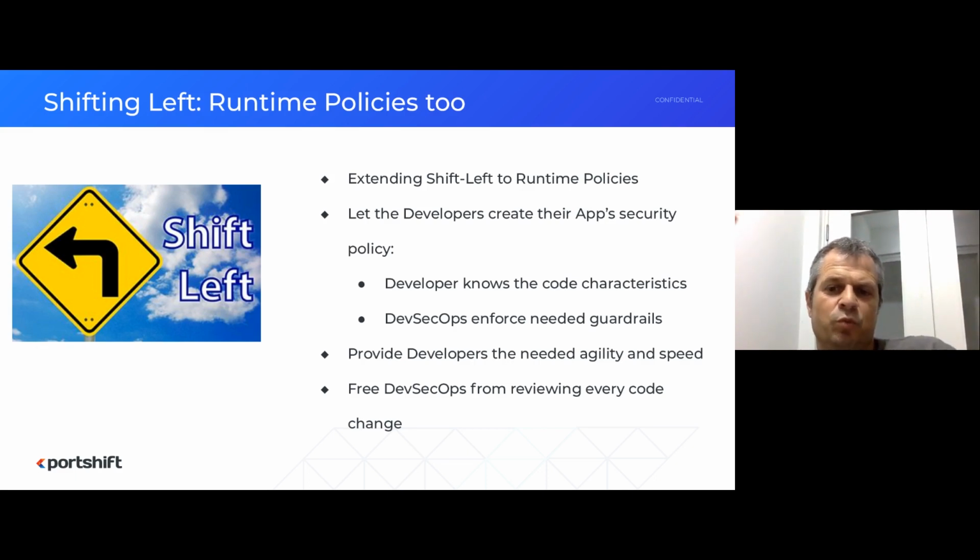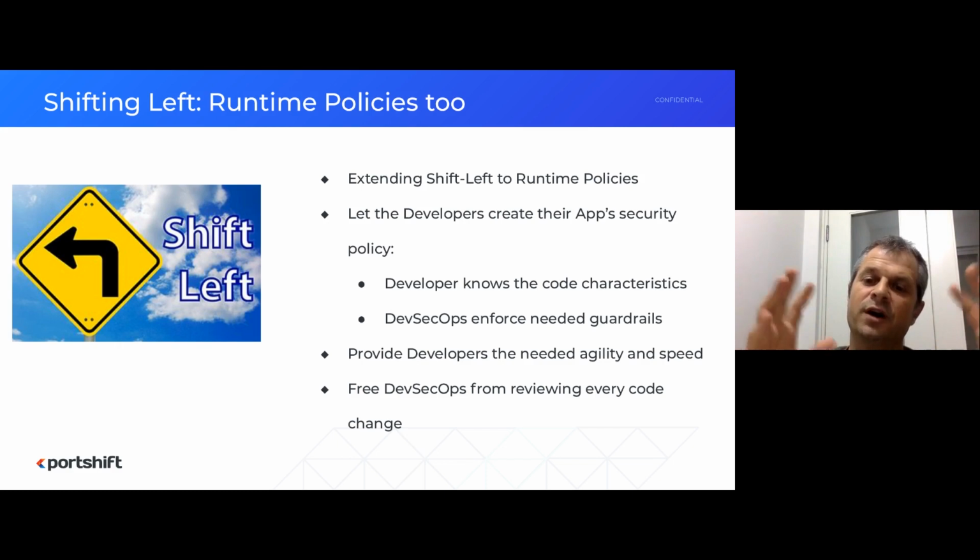At the same time, we also want our DevSecOps teams, who have more expertise on potential attacks, or have been exposed to malware and things that can go wrong, to be able to set their guardrails, the overall governing policies, like what URLs cannot be accessed, who can access my cloud storage, who can access the cloud database service. All those services need to be enforced globally. For example, that only encrypted communication can be allowed.